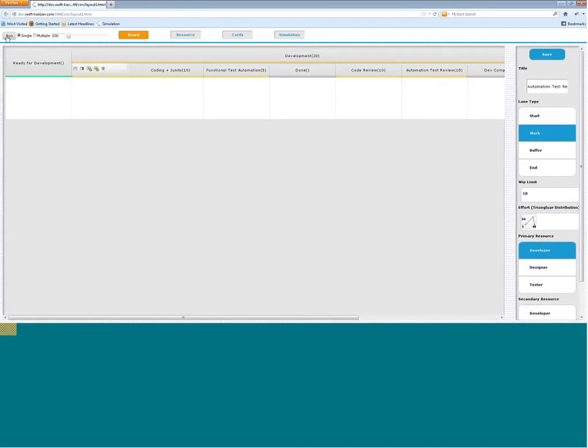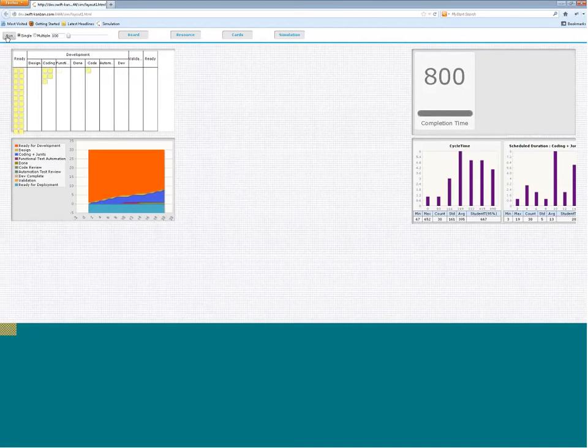And when I run it, I would hope that my 1100 time units comes down further, and it does come down to 800 time units, and let's see if work is getting piled up. So I do see work still getting piled up at the coding lane, but I don't see work getting piled up in pretty much any of the other lanes. It is flowing through smoothly, right?